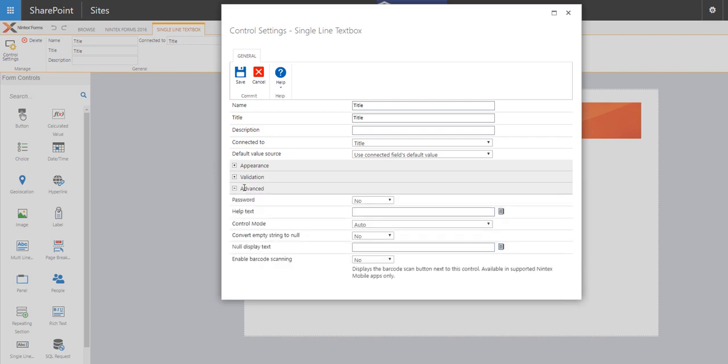Collapse validation, and then take a look at advanced, where you can actually denote this as a password field, where instead of actually typing in a value, you can have the dots or the asterisks appear within the text box to cover up the field that's actually being entered in. You can have help text appear, almost like a tooltip, when you hover over the control. You can actually apply the control mode, so do you want this to automatically display, or do you want it to only be in edit or display modes of the forms, and then you can convert the empty string to null, give null display text, and then if you are using this in the Nintex mobile application, you can actually